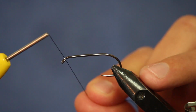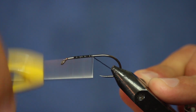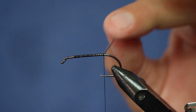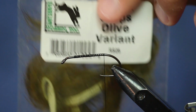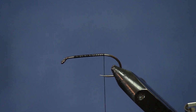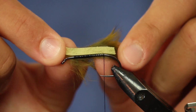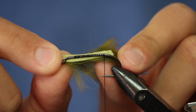So what we're going to do, I have 140 denier black thread. We're just going to start a nice little loop and kind of bring it down just shy of where the barb would be and give that a nice trim. So the back of this is just rabbit strips in olive. And what I've done is I've already pre-cut off of the strip just about a 2-inch section